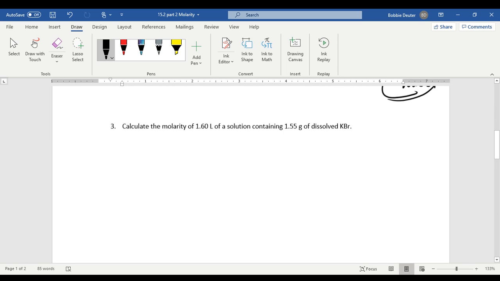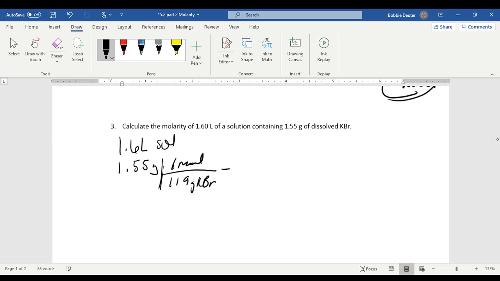Let's try one more of these. So again, we're given 0.16 liter of solution, and we're asked to take 1.55 grams of dissolved potassium bromate and figure out the molarity. So again, first step, convert grams into moles using the molar mass. Again, 3 significant digits for this. So we have 119 grams of KBr, which is equal to 1 mole of KBr. Divide that out, you get